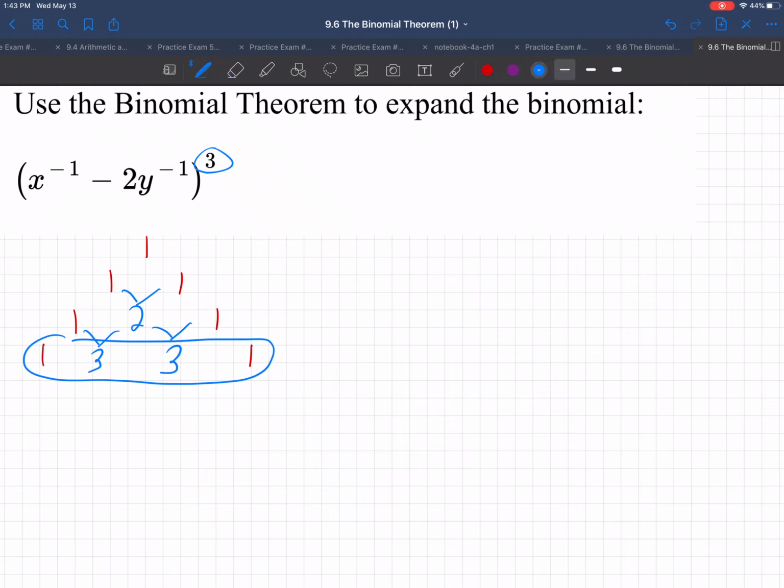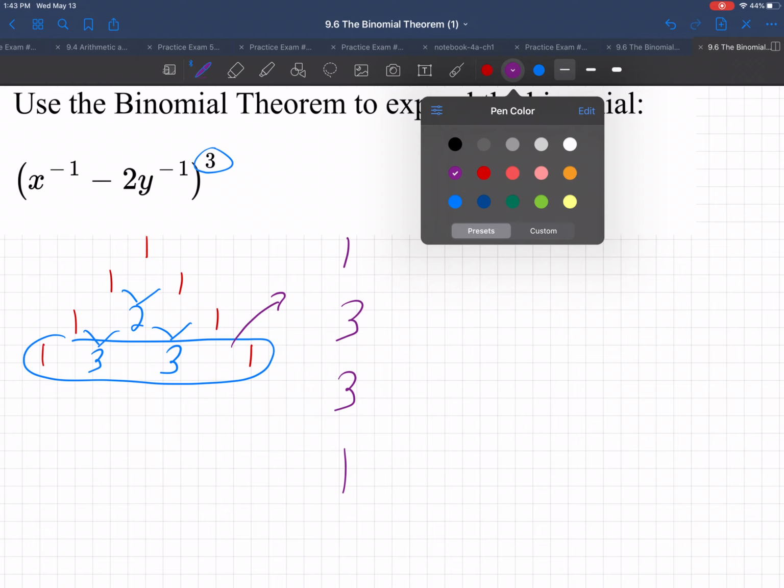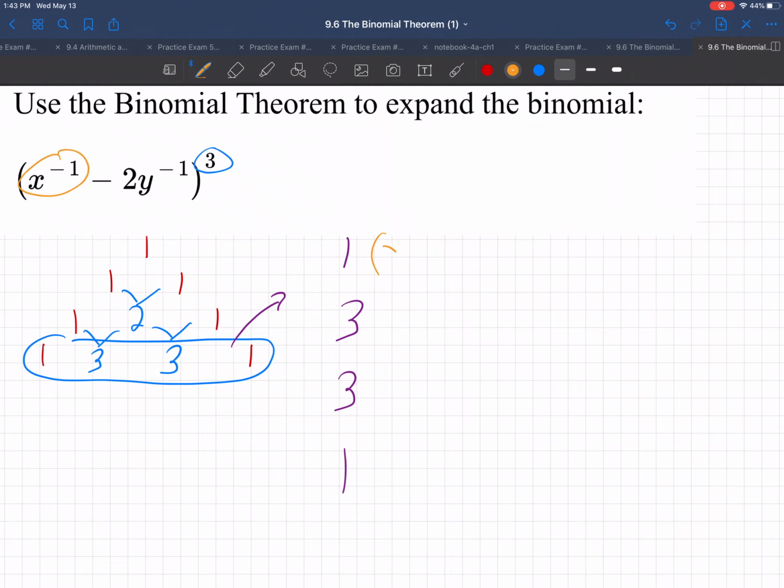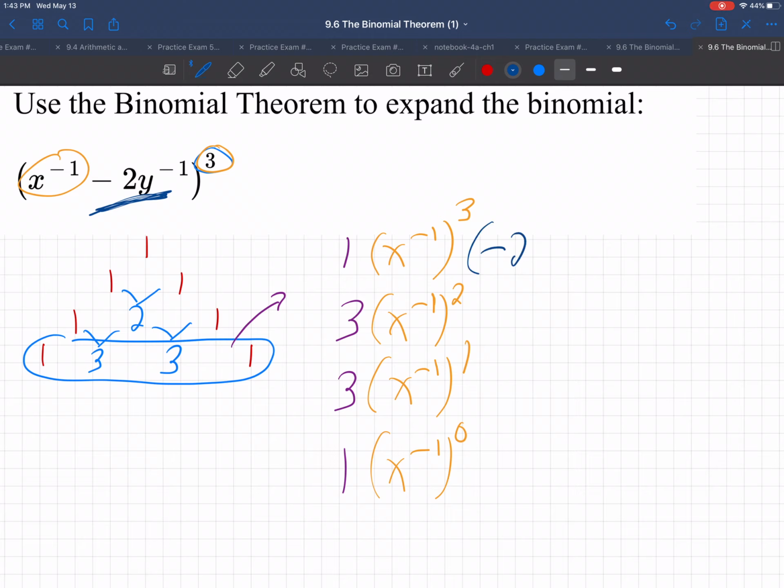So start with those coefficients. And so that will be 1, 3, 3, 1. That's the coefficients in front from Pascal's triangle. And then we go grab the first term, x to the minus 1 to the power third, and then x to the minus 1 to the second, x to the minus 1 to the first, x to the minus 1 to the 0. And then backwards, we grab the second term. Don't forget to take the sign in front of it, negative 2y to the minus 1 to the 0,